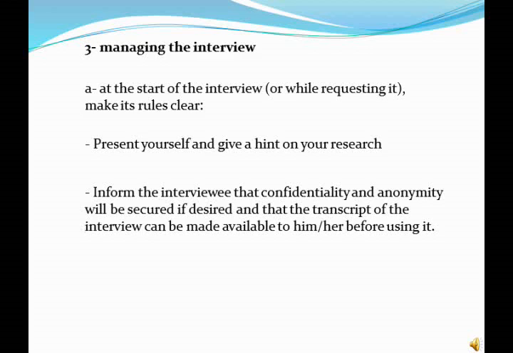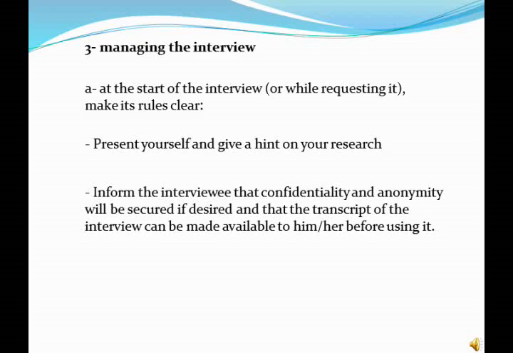So do not just assume that the person you're meeting will actually remember the official letter that was sent to him by you requesting this interview. So you should start by presenting yourself again, giving a hint on your research. Do not say, well, I already sent that by email or by post. No, you should start, also for ice breaking and for orienting the interviewee to what you really need, with this information. Then